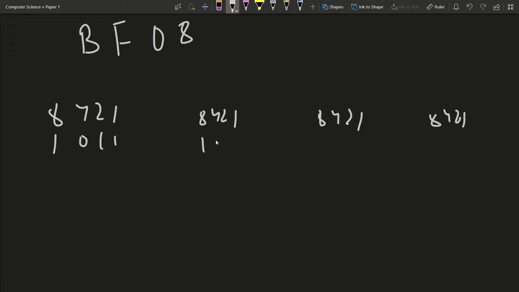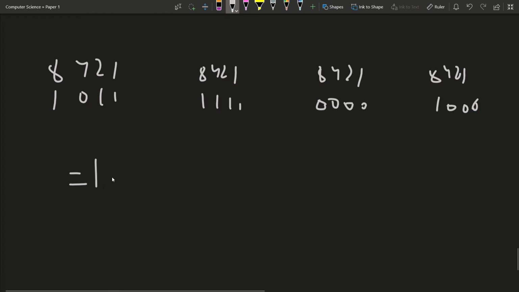F is 15, so 1, 1, 1, 1. 0, so 0, 0, 0, 0, and 8, so 1, 0, 0, 0. So the answer to this would be 1, 0, 1, 1, 1, 1, 1, 1, 0, 0, 0, 0, and 1, 0, 0,